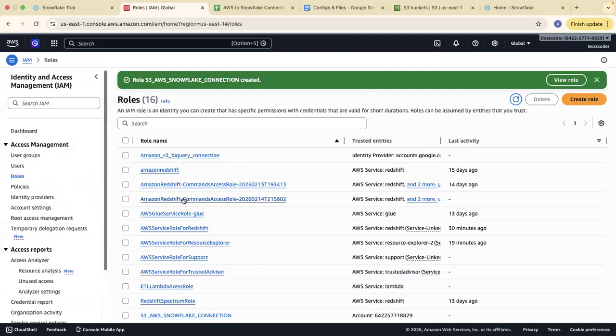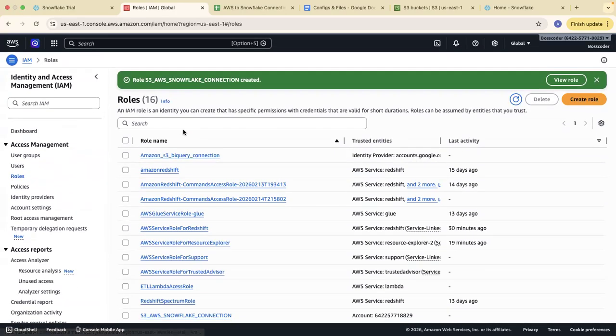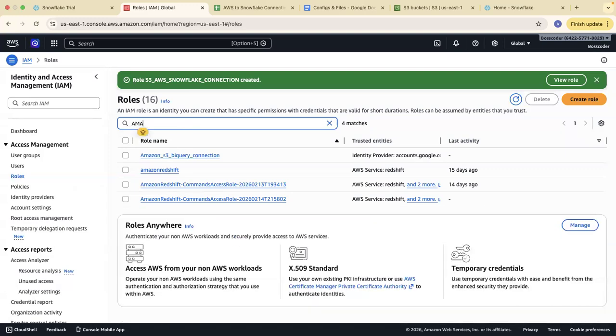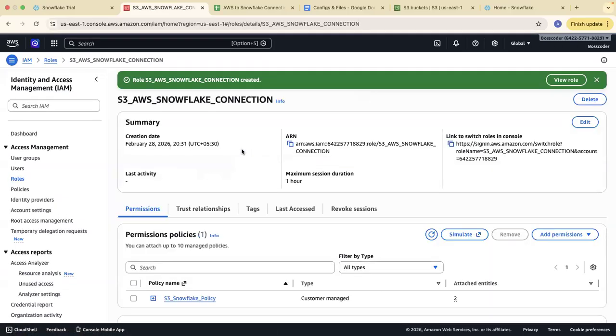I will be selecting my role, and the role name I have given is S3 AWS Snowflake connection. This is my role. And if you see here, there is an ARN.